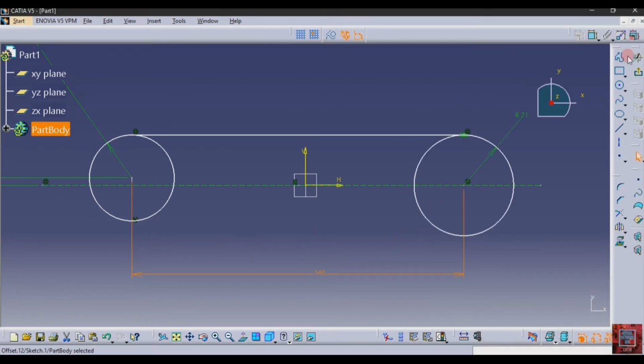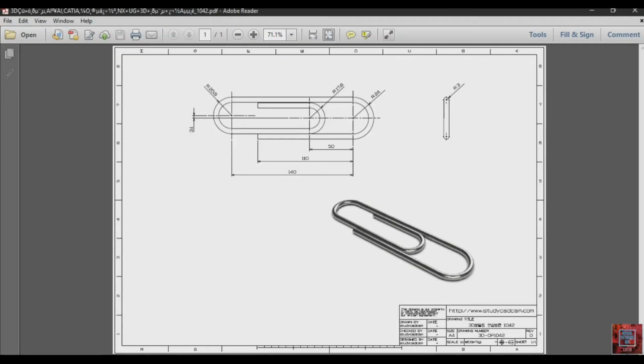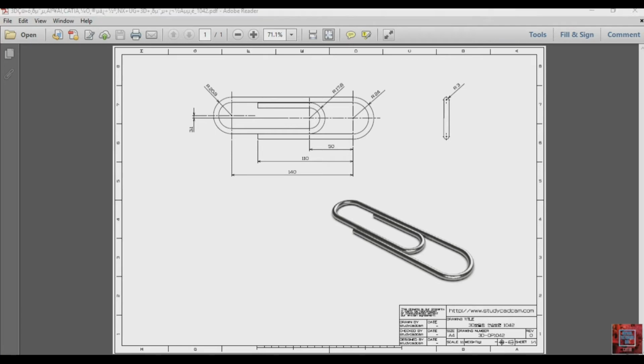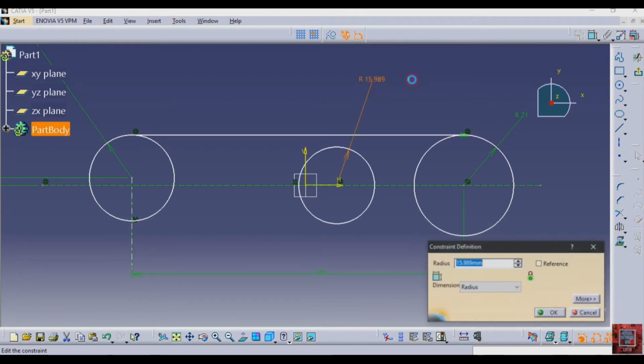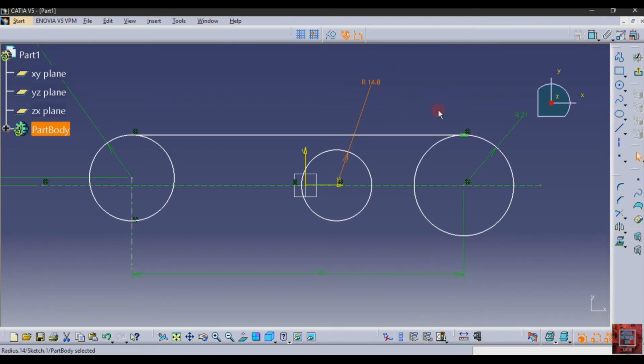And after that again make a circle, then give the radius. This time the radius is 17.8, 17.8 minus 3. After that